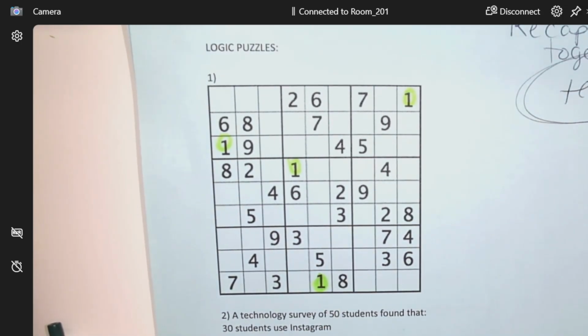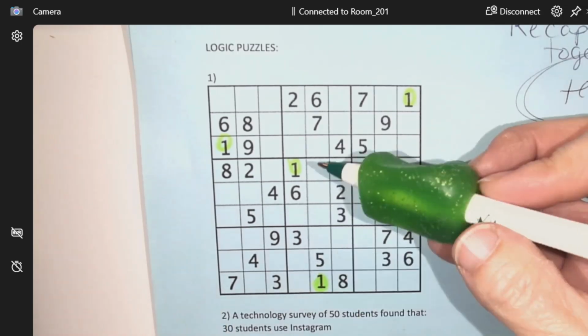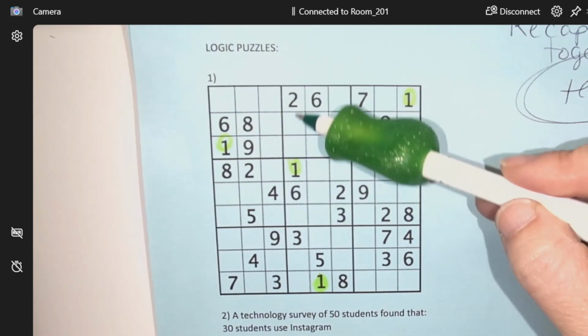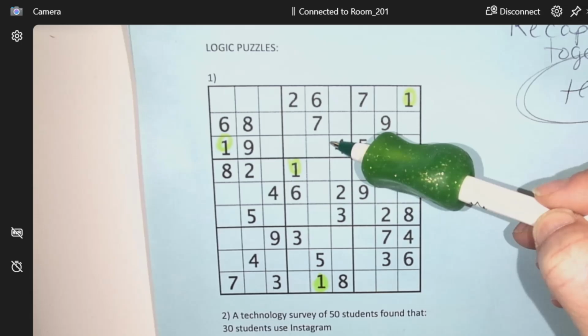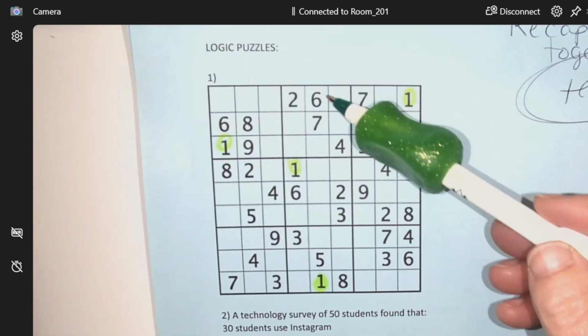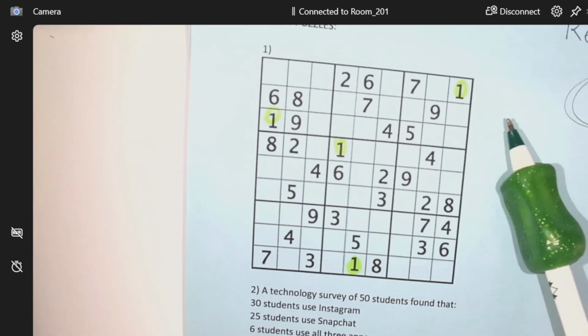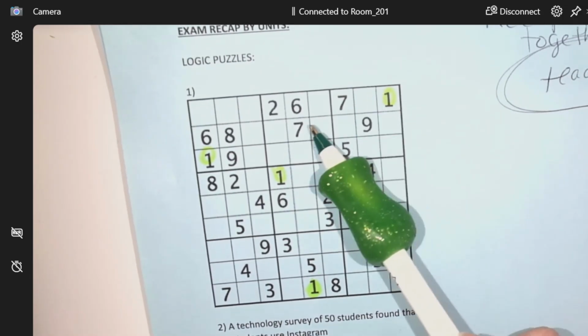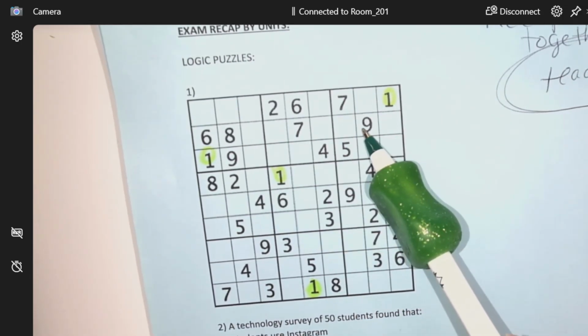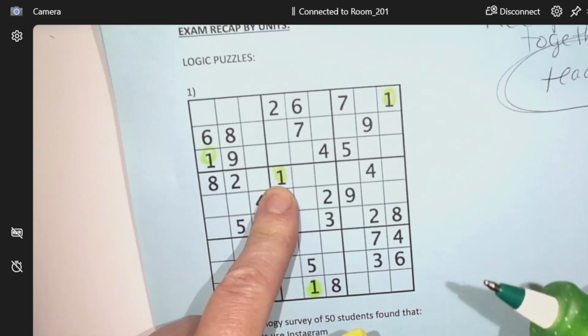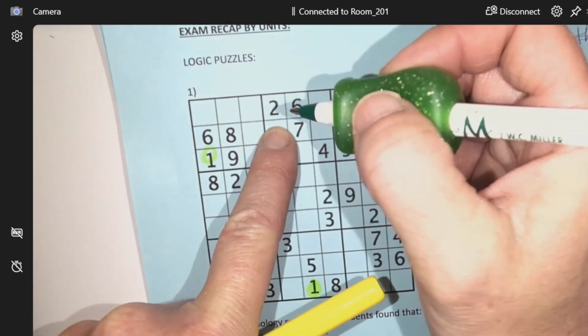Okay, if I do something like that, my idea is like for here, I can figure out where the 1 would go in this box. Okay, I can see a 1 on the bottom here, on the top here, so I'd have to put it in the middle. But then I can't do that there, so